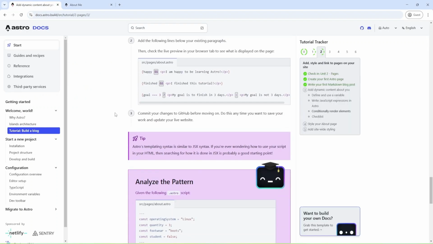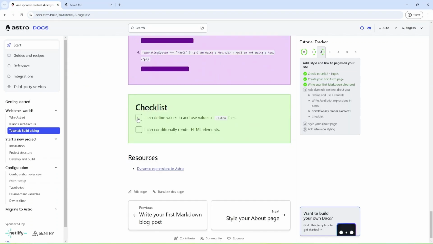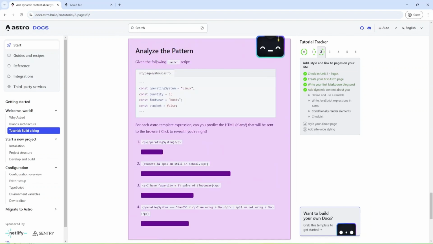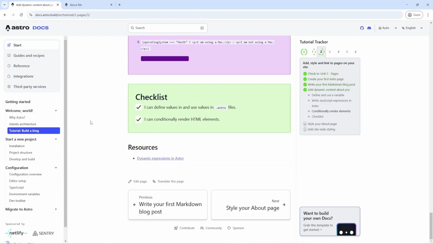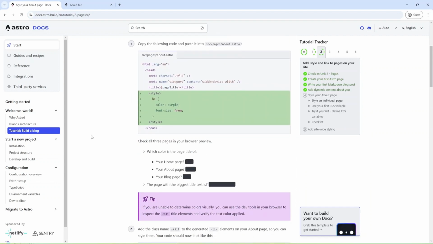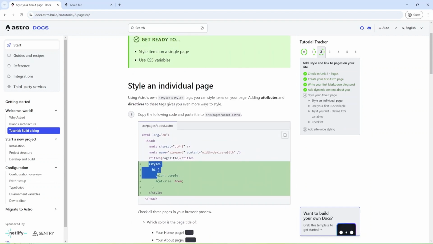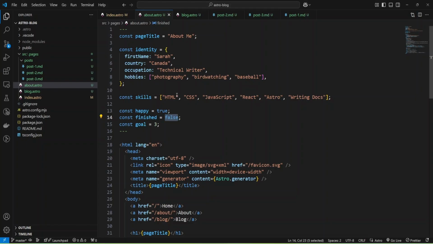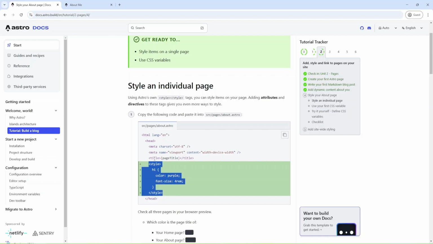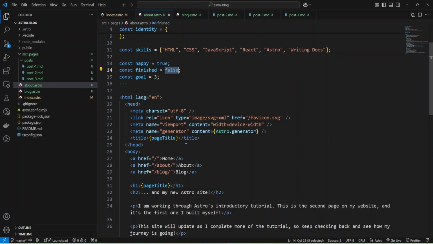Okay, and I can mark them as done, and I'll skip this button, and we'll go to styles, and let's check what we can add. Styles, and we can add h1 style for h1, inside about page, and I'm in about, and let me check, and we can add it after title.